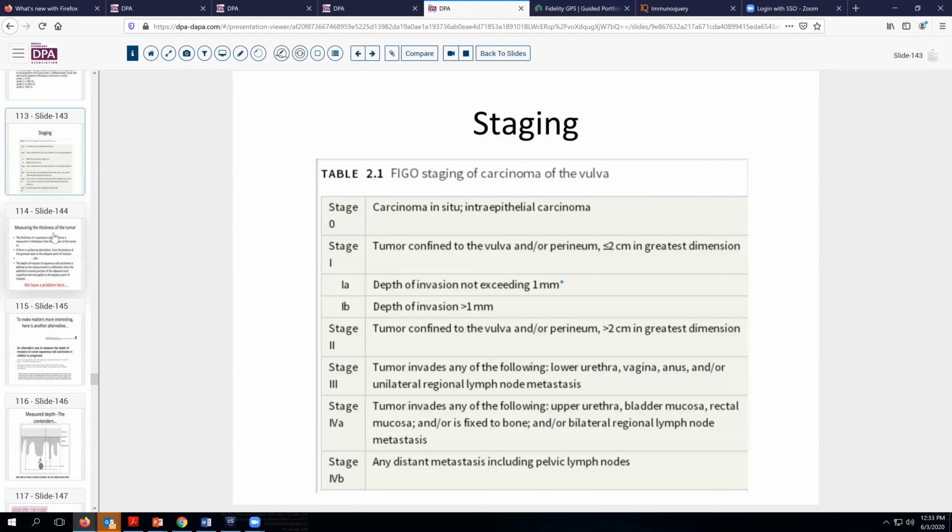Staging, there's some important things to be aware of relative to staging. And of course, as you've no doubt recognized, one of the most important ones is how deeply invasive it is. And 1 millimeter is our important marker, especially because that's where the cutoff is to do inguinal lymph node dissections. Obviously, deeper invasion, more serious prognosis, greater need for radiotherapy or other adjuvant treatments, and so forth. The other issue, of course, is